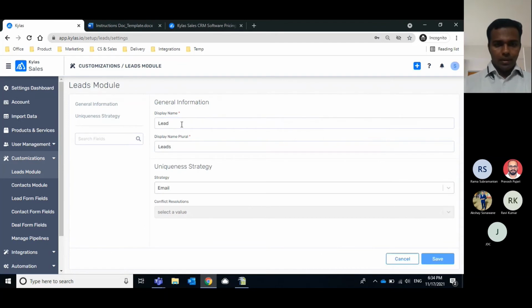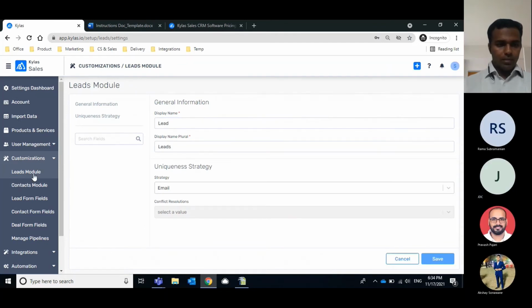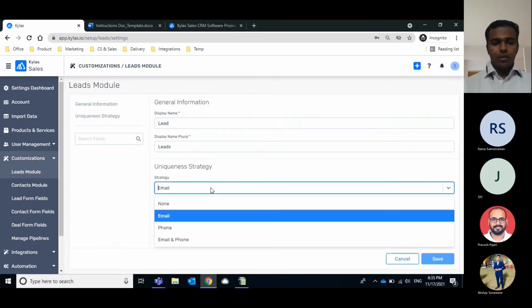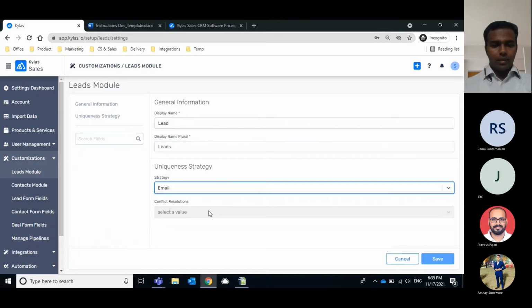If you go to the customization section, this is where you can customize the lead module name. If you are into education domain and you want to call your leads as students, you can change the name over here and you can set the uniqueness strategy also. So if you don't want leads with same email ID to get into your system repeatedly, you can select it as email or phone. The uniqueness strategy can be set over here.